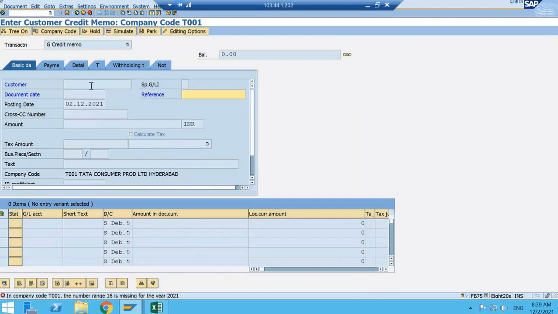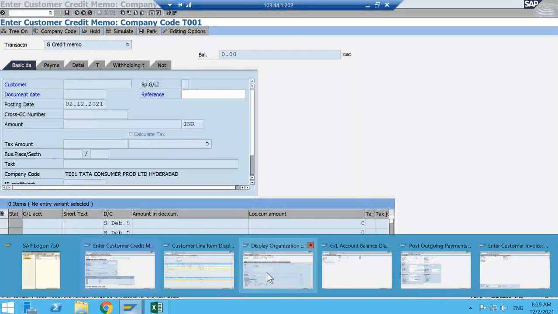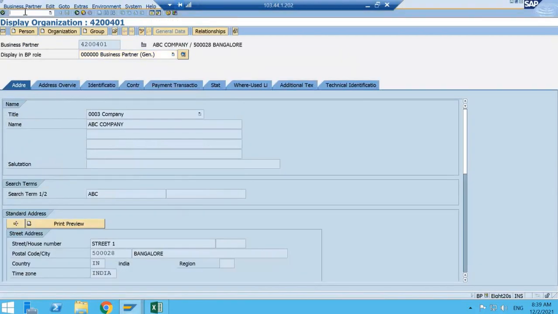You can use it. In our case, the system is giving a message in company code T07, 16 is missing. So 16 is for document type DG. We'll just see that also. I will go to OBS7. OBS7 is the transaction code for seeing the document type. If I go to OBS7,